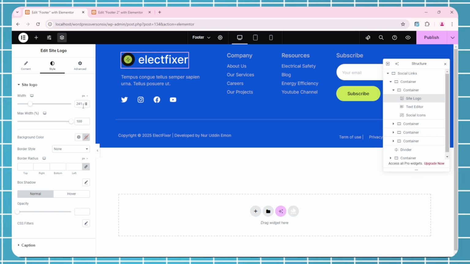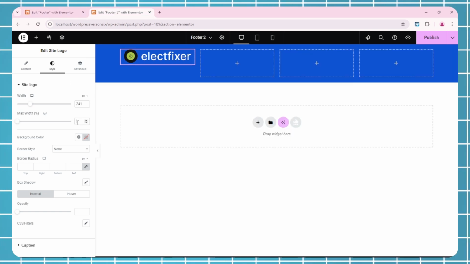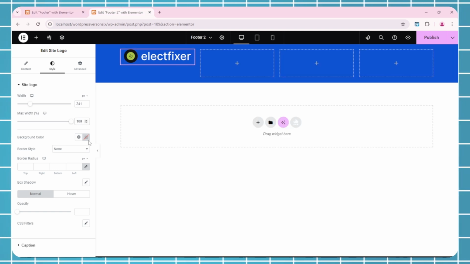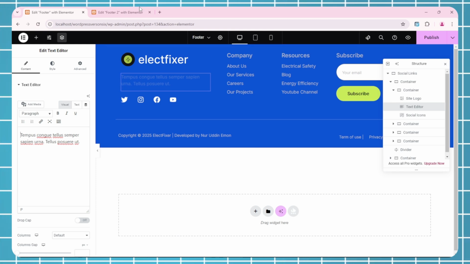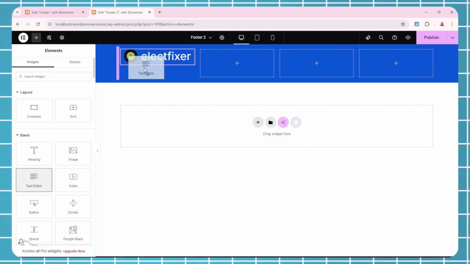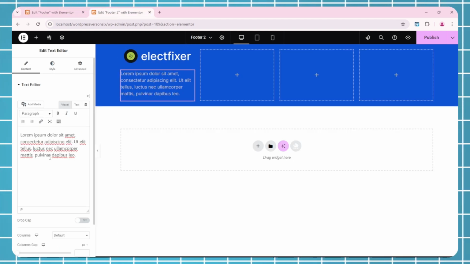So just here I am now here to width pixel 241 and max width 100. Okay, that's it. Now if we go to our design, previous design, it's everything is same. We don't need to add any other things. That's it. Now we have to go to our content. Okay, so for this content, what we have to add, just here add elements. Go to elements and add the text editor into the first column, and now just add the text here from